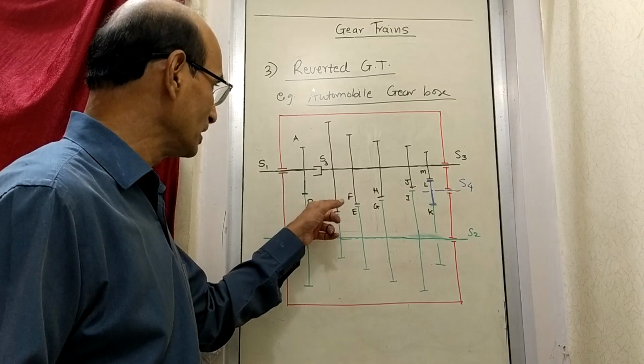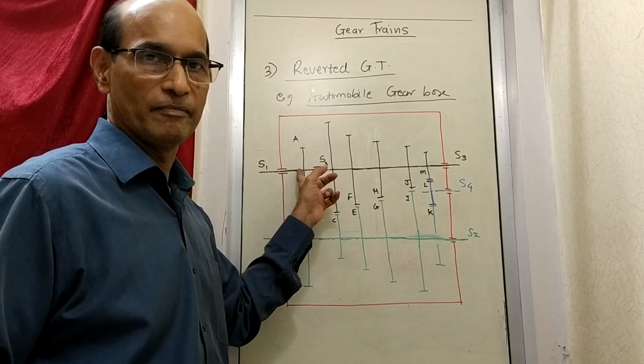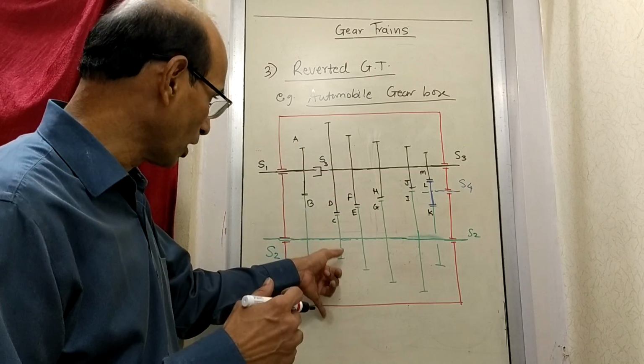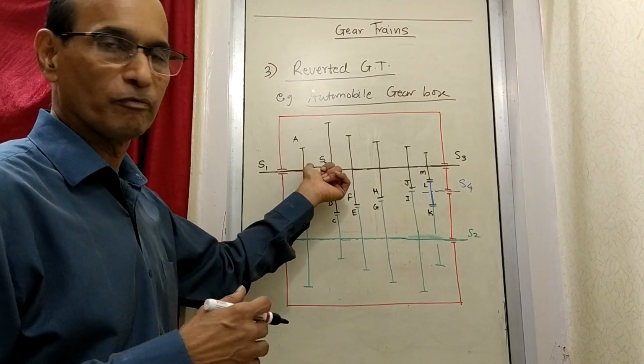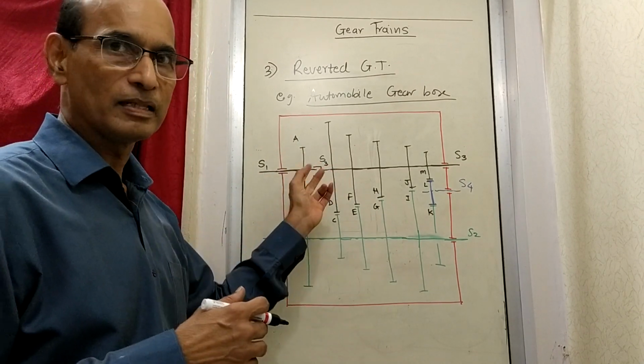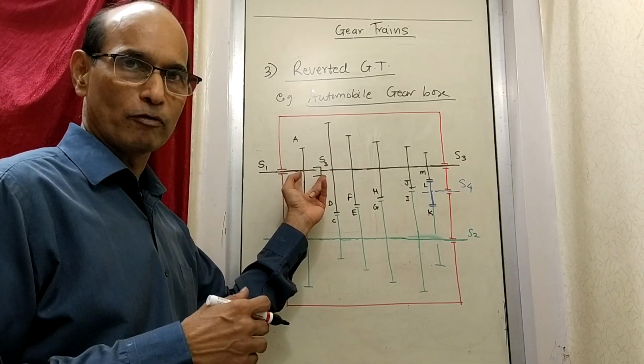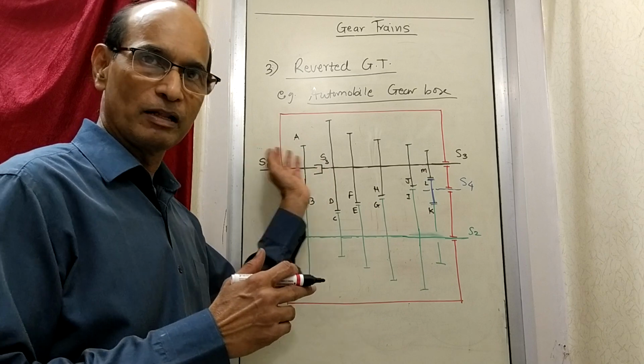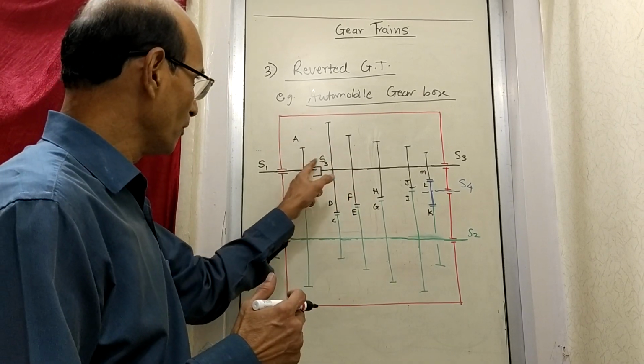But while doing that, D is brought in line with A. So if you remember, last time in the reverted gear train, the D gear was brought in line with the first A gear. But then their speeds were different. They were not fixed to each other like B and C. Their speeds could be different, but they are in one line. So you can see the way the arrangement is done.